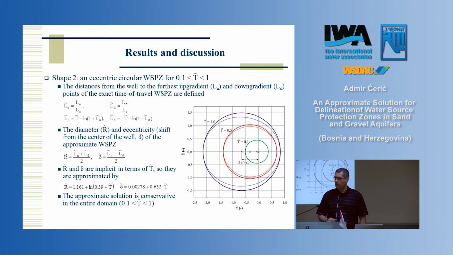But as you can see here, again, these upstream and downstream distances from the well are in an implicit form, inconvenient to use, and that's why